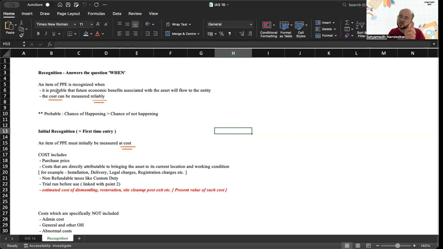It means that the chance of happening is more than the chance of not happening. So an item of property, plant, and equipment is recognized when it is probable. What is probable? That future economic benefits will flow to the entity and the cost of the asset can be measured reliably. This one recognition condition is there in almost all the accounting standards, that when can you record a particular item? You can record a particular item only when its cost can be reliably measured. And with that in mind, if these two conditions are fulfilled, then you go ahead with the recording of the accounting